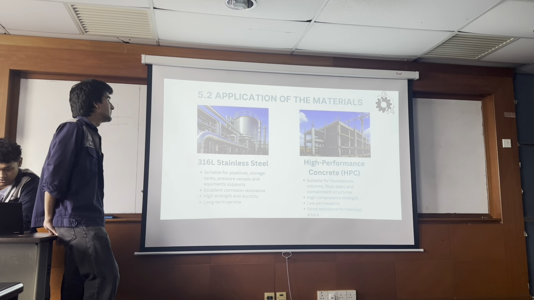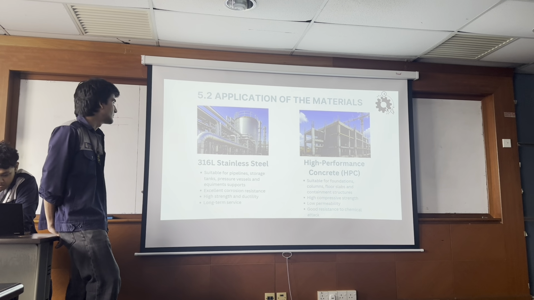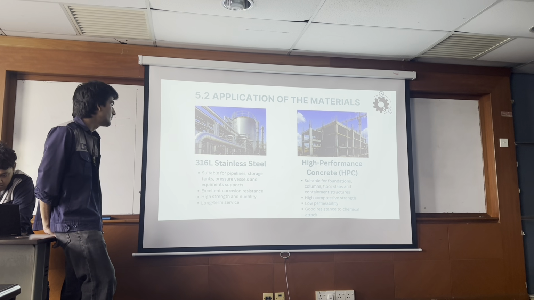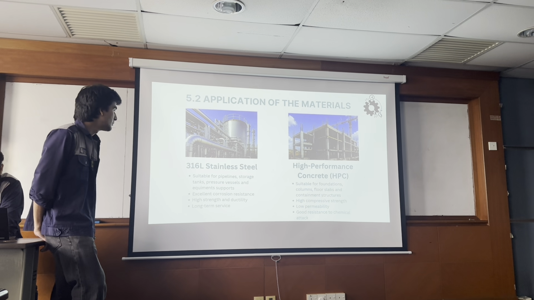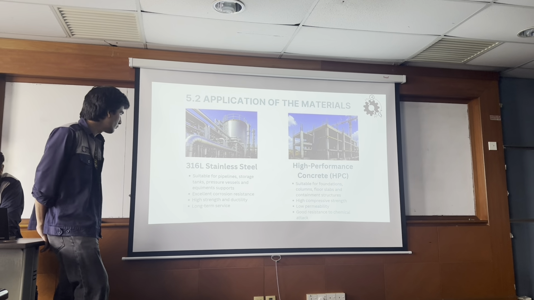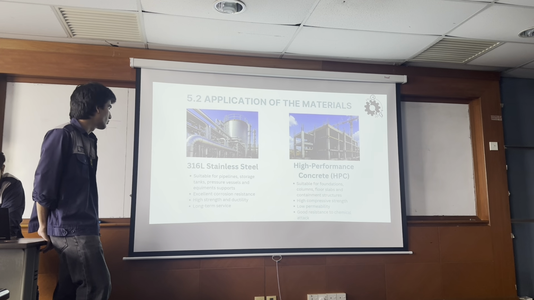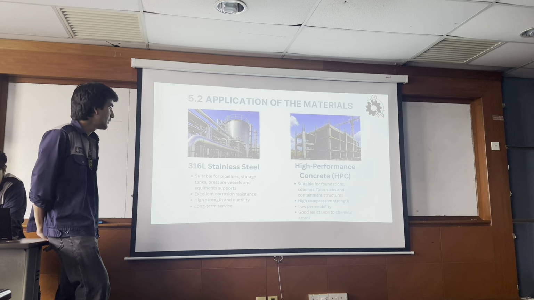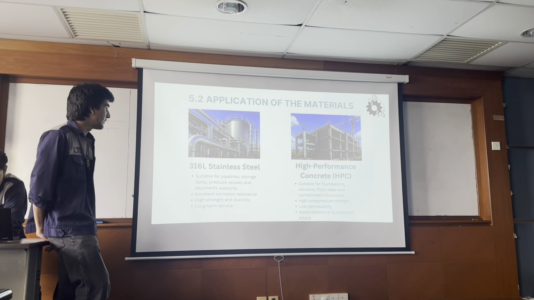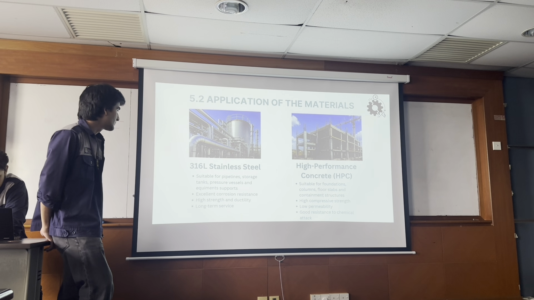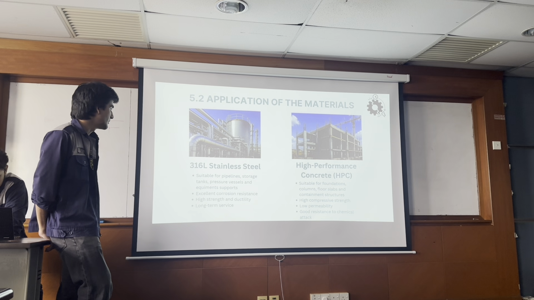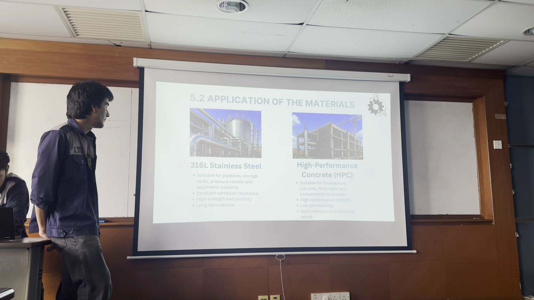5.2 Application of the materials. As for the 316L stainless steel, which will be replacing the normal stainless steel, it will be used for pipelines, storage tanks, pressure vessels, and equipment supports that will be exposed to corrosion at the industrial area, since this material has excellent corrosion resistance, high strength and ductility, which will contribute